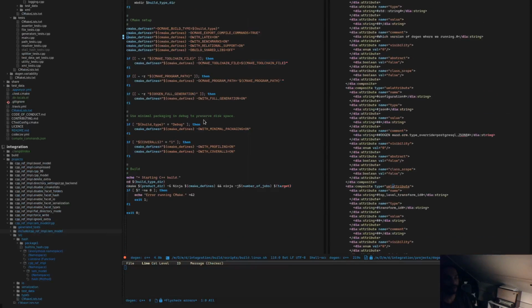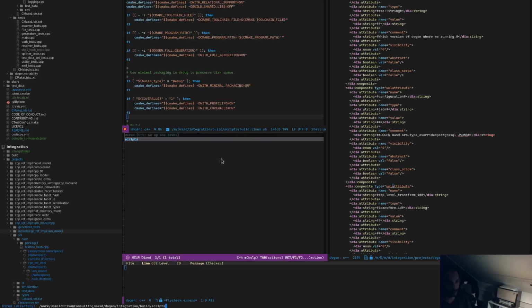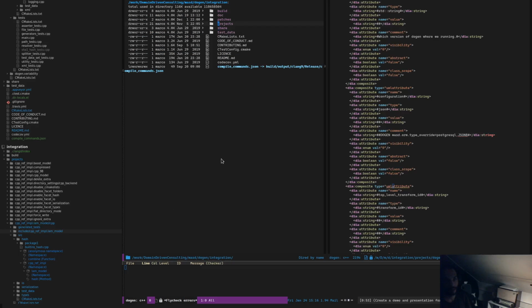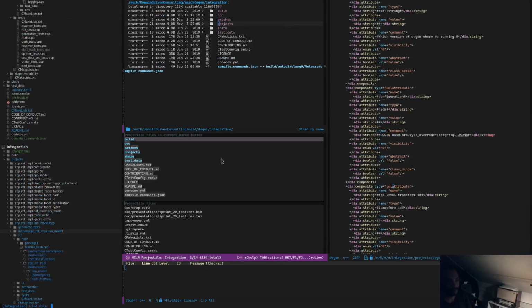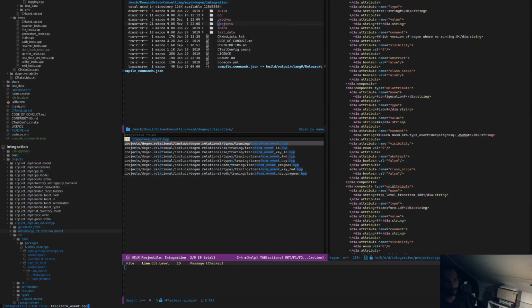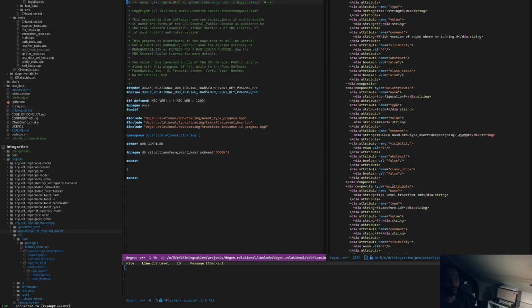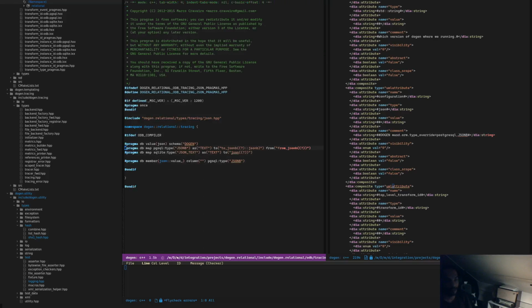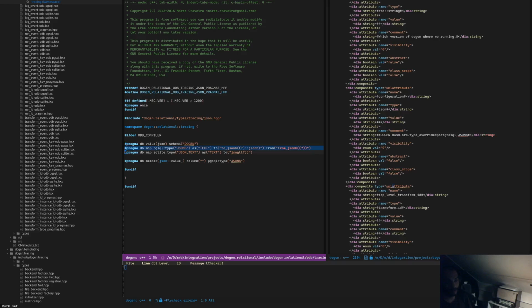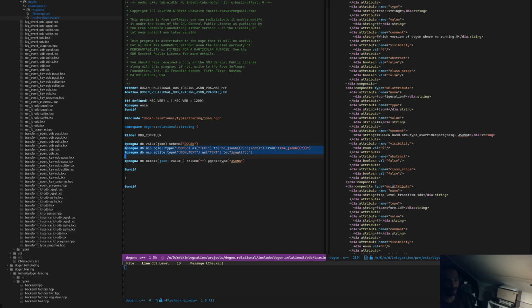And then, for good measure, if we have a quick look at the generated code, we can just hop over to the relational model. If we take something such as the transform events, as you can see here, if you look for the ODB pragmas, this is actually for the key. We want not the key, but actually the primitive. So as you can see here, the generated code contains the type mapping using the pragmas that ODB expects,